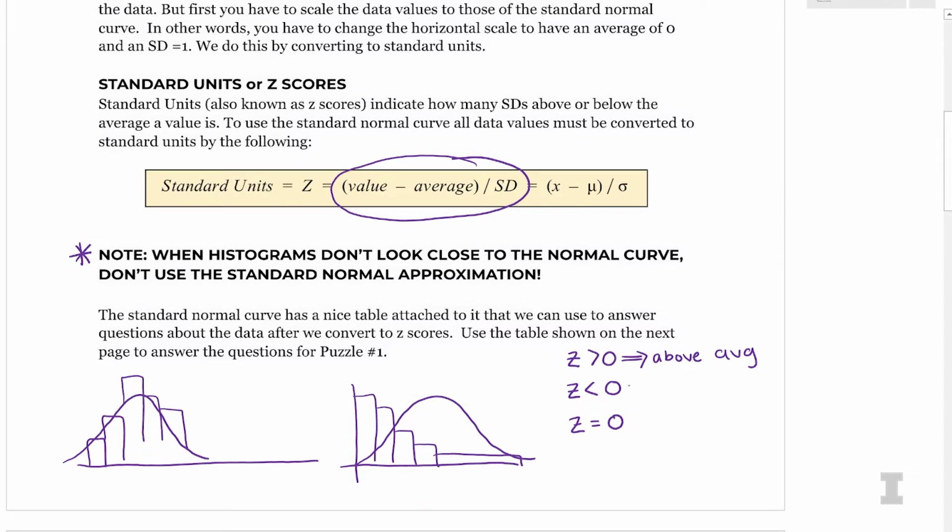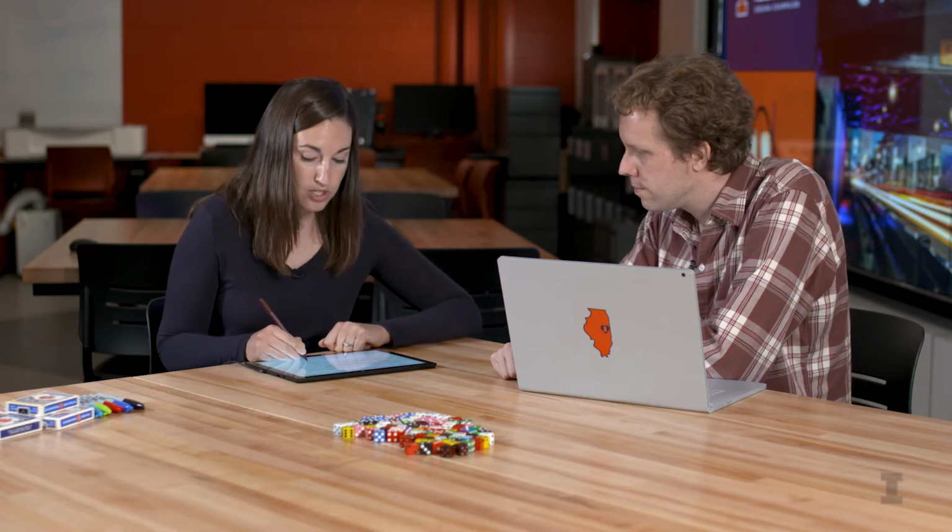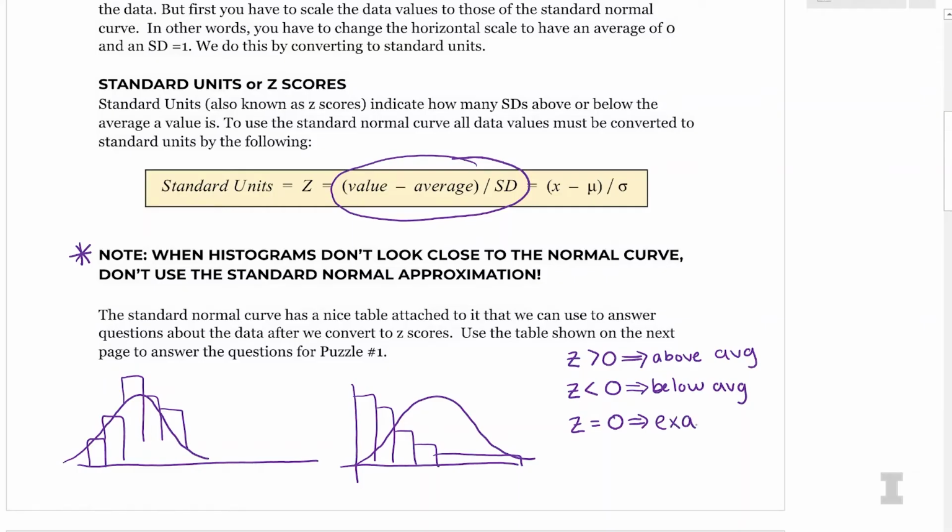What about if your z-score is negative? So below average. Then you're going to be below average. A lot of times students will ask, can you have a negative z-score? Because we know we can't have a negative standard deviation, but does a negative z-score make sense? And it does. It just means you're below average. And then if your z-score is 0, you are exactly average, which in this case is also the median. So keep that in mind. It's easy to calculate these z-scores, and sometimes it's easy to kind of forget what exactly they mean.